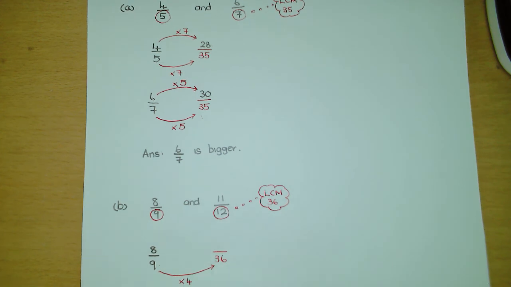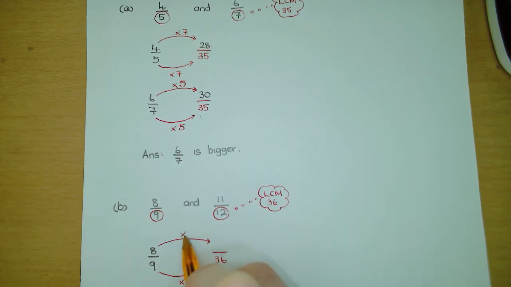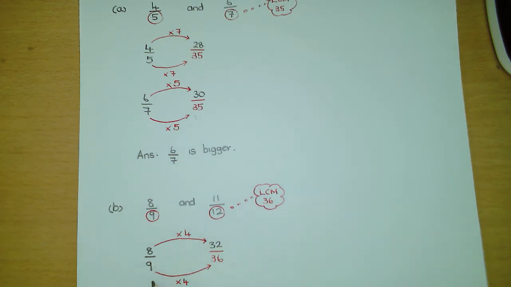So we have to do exactly the same thing to the numerator. We have to multiply it by 4. So 8 multiplied by 4 is going to give us 32. So 8/9 is exactly the same as 32 over 36. They're worth the same thing. So let's take